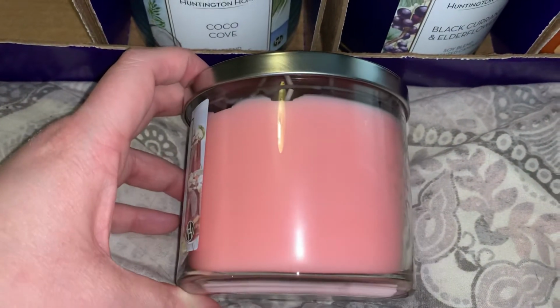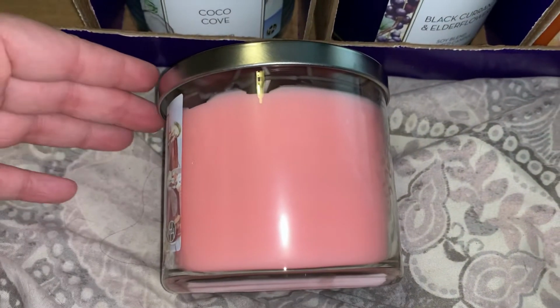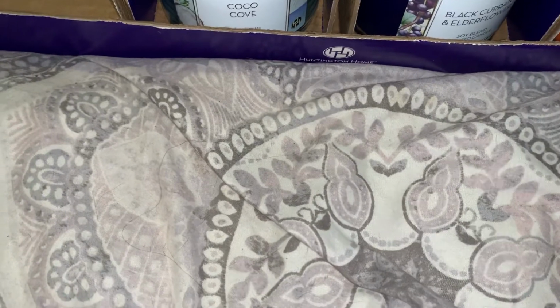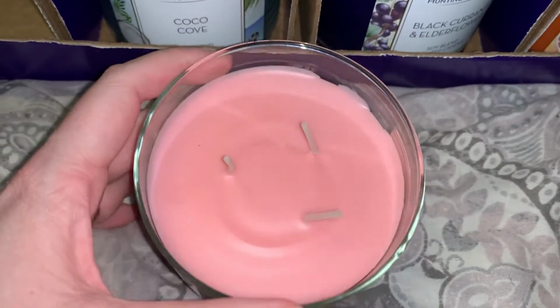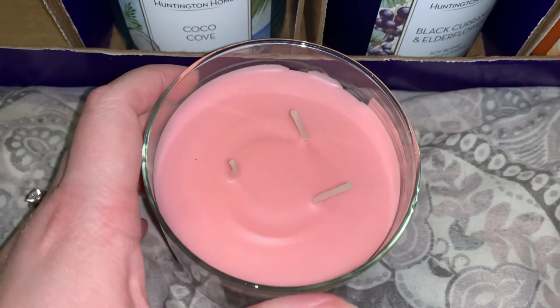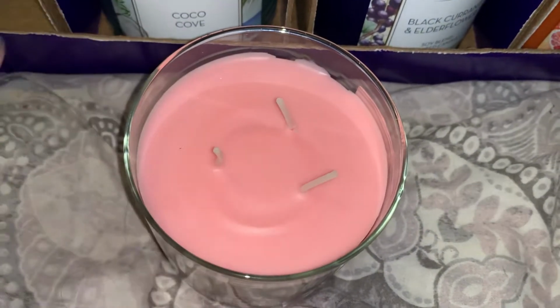Gorgeous, almost coral pink. I wouldn't say a baby pink because it definitely has that coral undertone to it. Let's go ahead and pop the top off and make sure that it has nice thick wicks. So it definitely has very nice thick wicks. These ones appear to be relatively evenly spaced. I will say that there is a little bit of a dip in the wax,